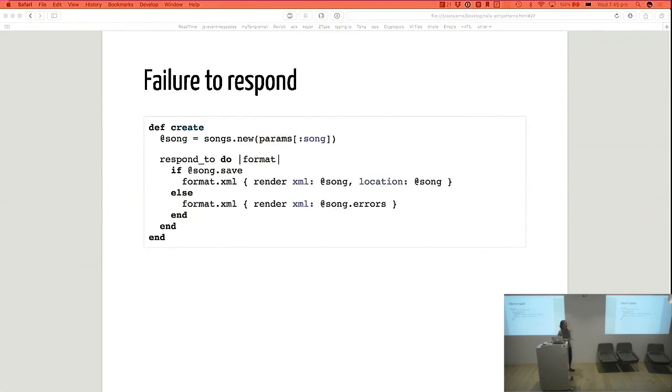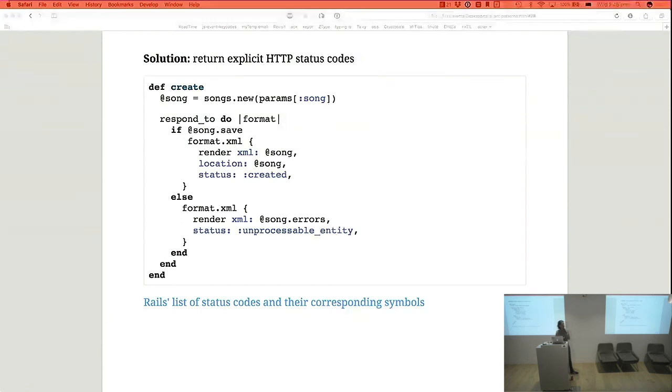Next anti-pattern that I want to talk about is failure to respond. If save fails, the error details are returned to the client as XML. The client would need to check for the presence of the errors element in the response to see if the save was successful or not. Parsing the response to determine failure is less than ideal because it is more work for the client, and it's potentially more error prone than if the client could essentially just check a flag to see if the response was successful or not. So in this case, one of the things that we can do instead is to return an explicit